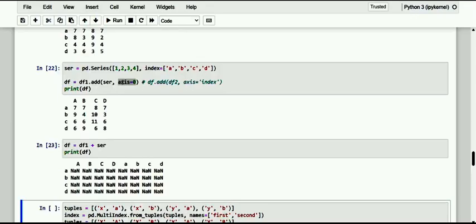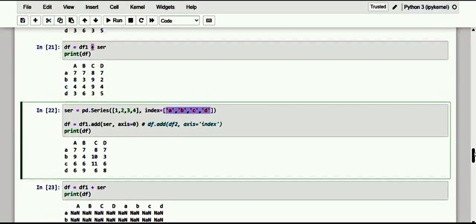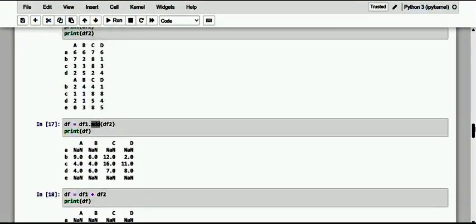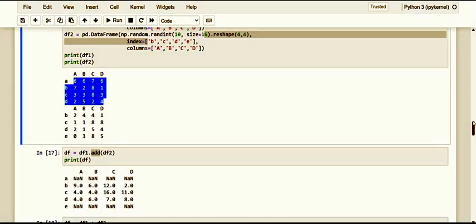With axis equal to 0, it is able to match with the index ABCD. So it is getting the addition of data frame 1. Let me have a look at data frame 1 where it is. I just scroll above here. This is the data frame 1 with 6676 and 7281.